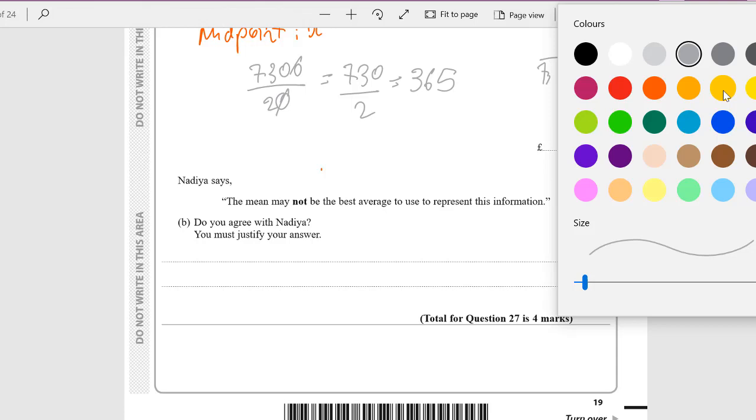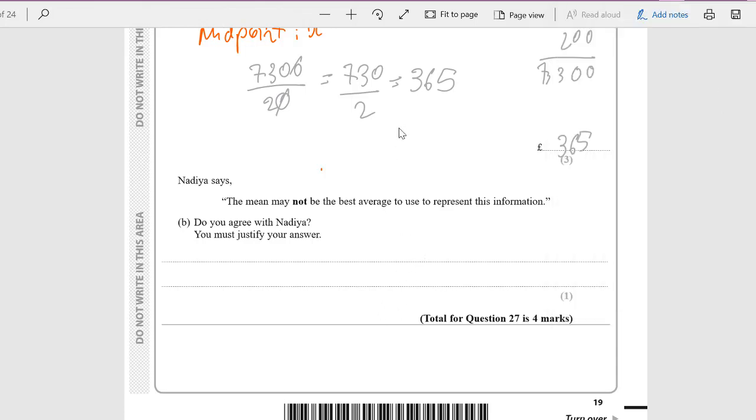And the reason for that is, in the instances where you have 3 people earning a lot of money, then the mean will be skewed, because you are talking about, say for instance, a small proportion of people who earn a lot of money, which means that when you calculate the mean, it will be distorted, it will be skewed towards the heavier side, which in this case will be the higher earners. So I would say yes, Nadia is correct, that it's not representative, and perhaps the median